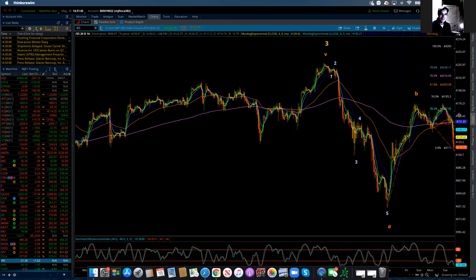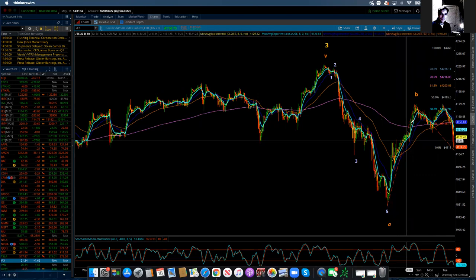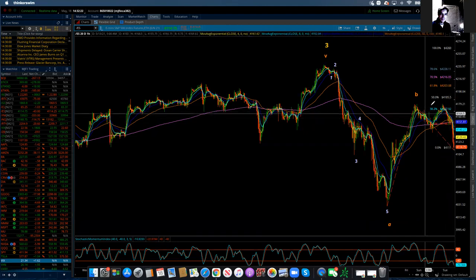Now, the most common, again, is that the C wave up would be equal to the A wave. That's going to come in at 4,260. New high, quite possible. It's going to be what we would call an irregular B wave, where it goes up and creates a new high, or conversely, it could create a new low and then proceed to do a C wave after that. That's quite capable, but that's a lot of rally from here. And so it has to be something really positive coming into the market that's going to drive it that high. Otherwise, we have these levels.